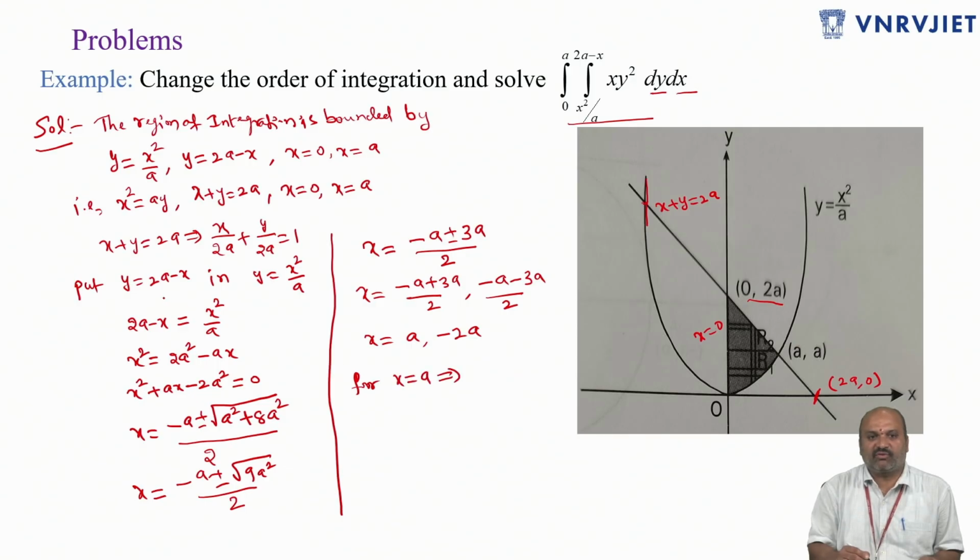Put x equals a in y equals 2a minus x. That is y equals 2a minus a. That means y is equal to a. So this is the intersection point. So (a, a) is the point of intersection